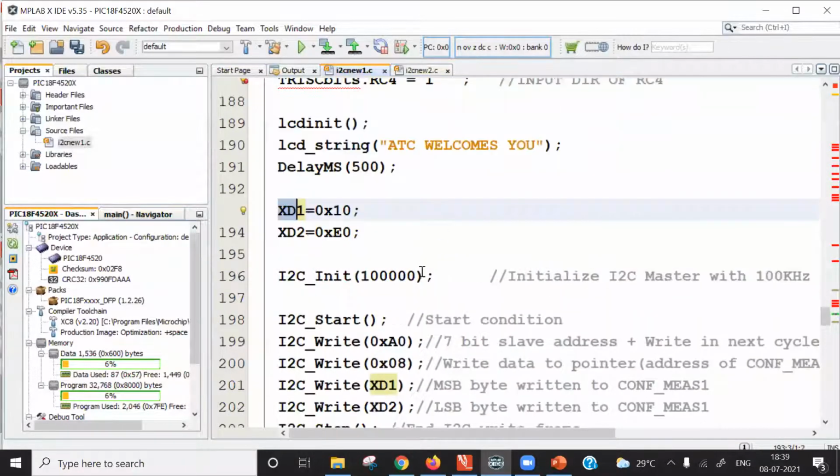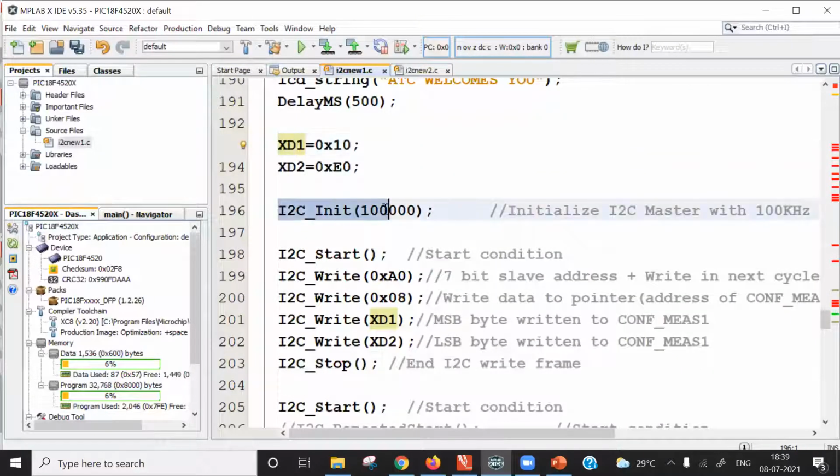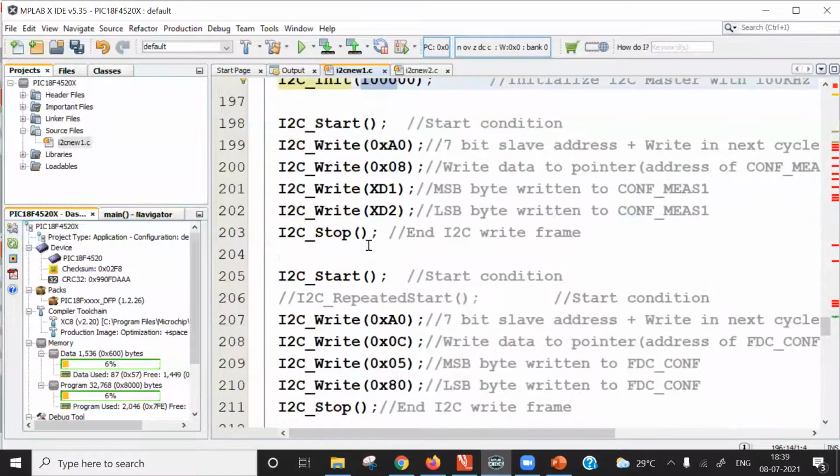Now let us start the actual I2C bus protocol. The first function we must call is I2C initialization, and it must be called only once. In the rest of the program, we need not call it again and again. The argument must be the baud rate. We are going with a 100 kilohertz baud rate, so that's why this number is 1 lakh.